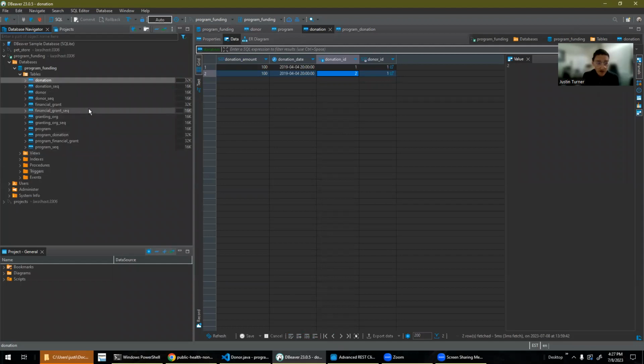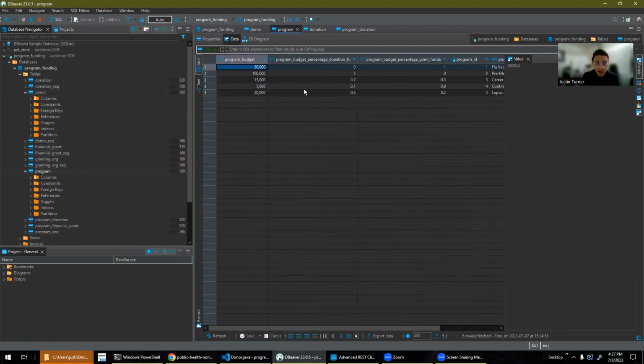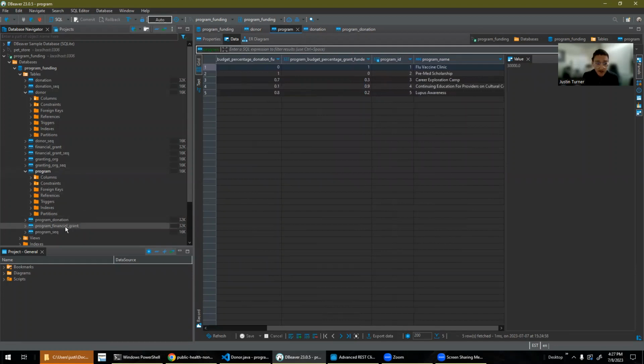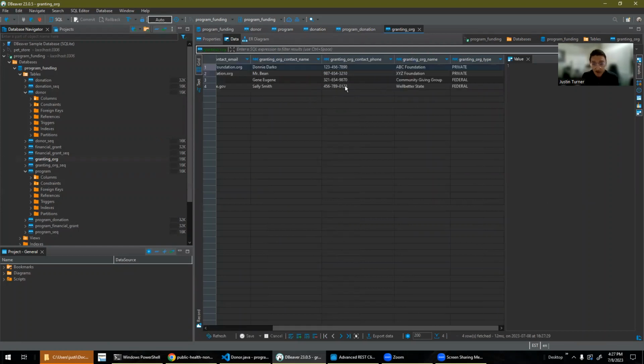And there's some data loaded in, such as some donors in our donor table, some programs in our program table, and some granting organizations in that respective table. Okay,